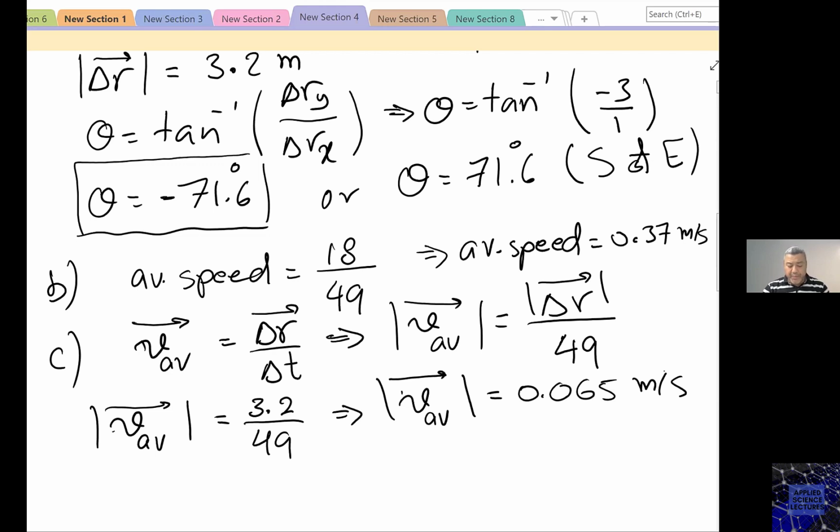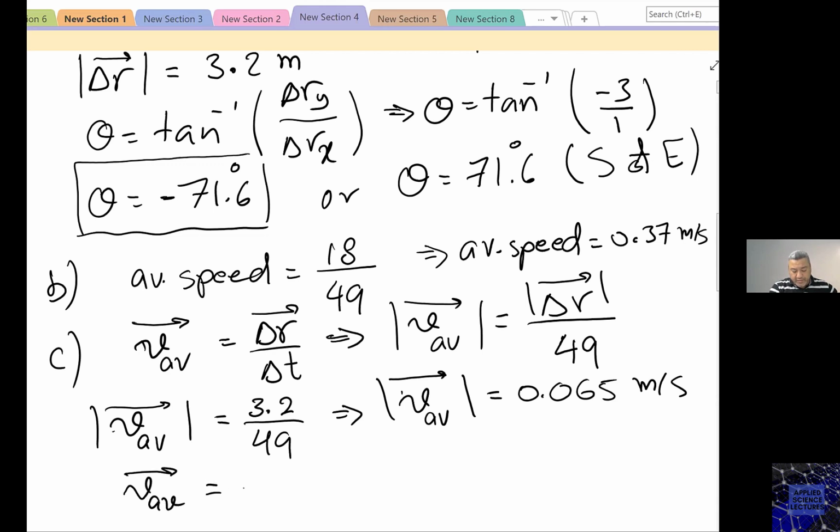Now, keep in mind that the average velocity has the same direction as the displacement. Why? Because you're dividing the vector, which is the displacement here, by a positive scalar. And we have seen that dividing a vector by a positive scalar will only change the magnitude, will not change the direction, which means that the average velocity,